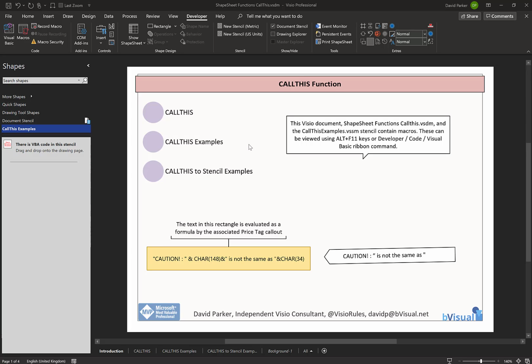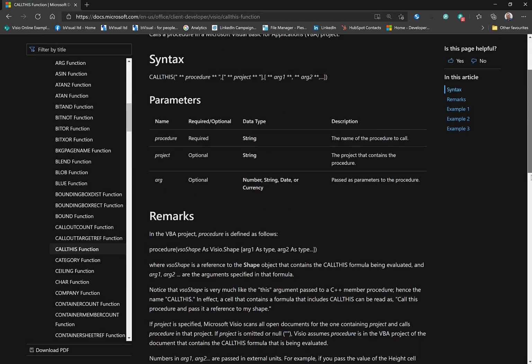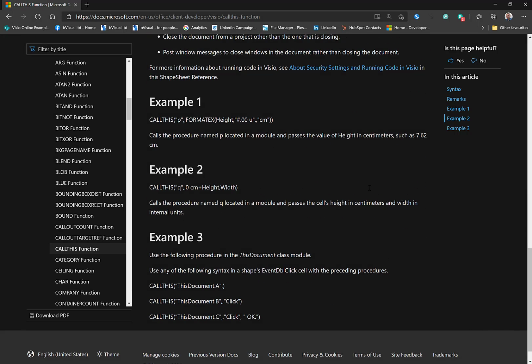Hi, I'd like to explain a bit about the CallThis function that's available in Visio to call code behind, i.e. Visual Basic for Applications code. If we look at the Microsoft Docs for the CallThis function and scroll down, there are some examples at the bottom of how this can be used, but it's not particularly clear what you should do within